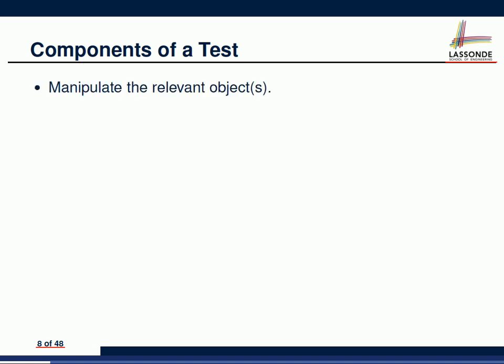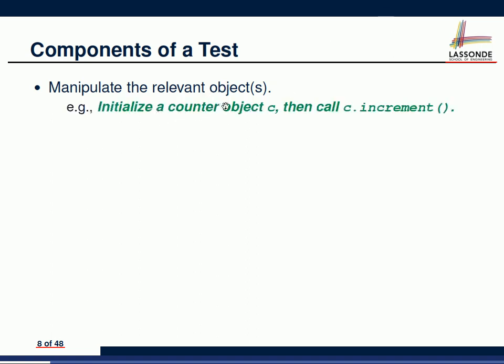Let's see an example. You manipulate the relevant objects, which can be a bank, a counter, or a circle. For example, you initialize a counter object c, assigned to a new Counter. Then you ask what's going to happen if I call c.increment. We know that every counter object, when initialized, has a value of 0. Incrementing it should give value 1, from 0 to 1. I want to make sure this part matches my expectation. On the other hand,